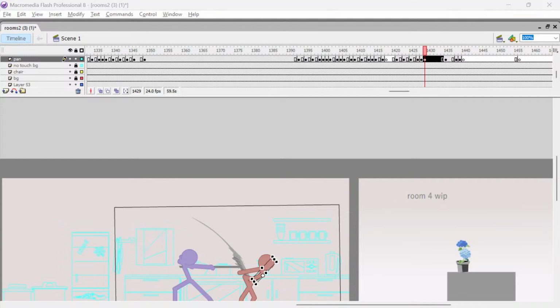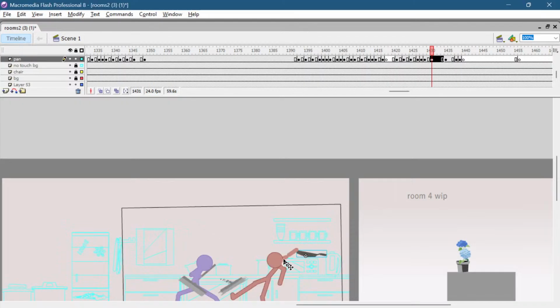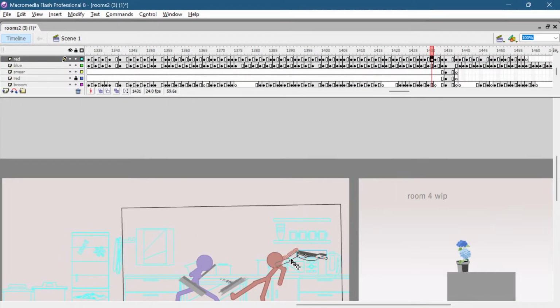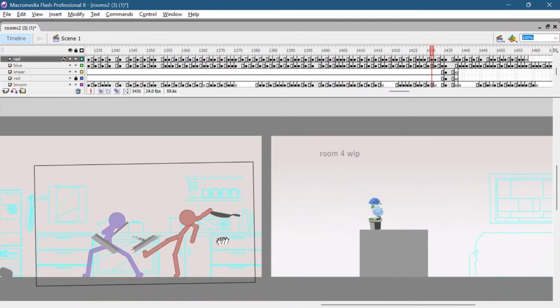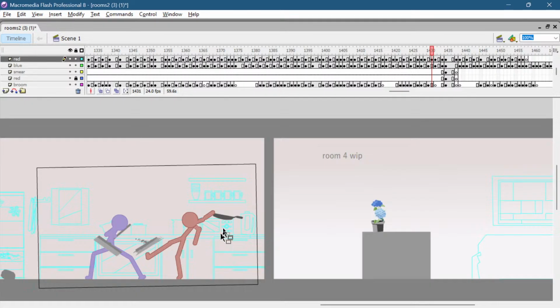Okay, so the background music is silent. What to color this on? Oh yeah, it is. It already is a fill, so